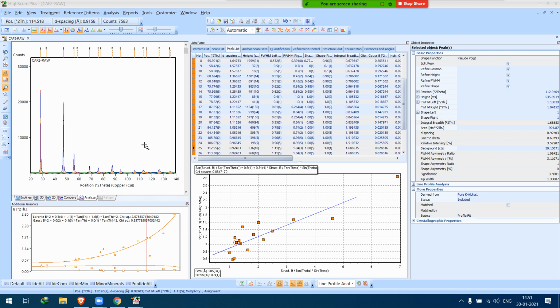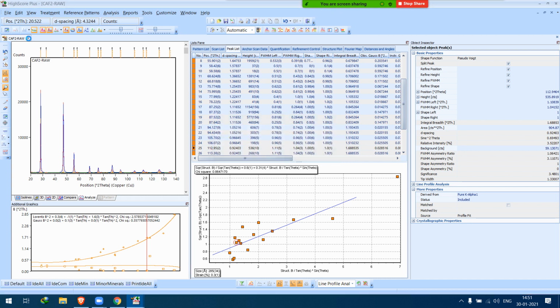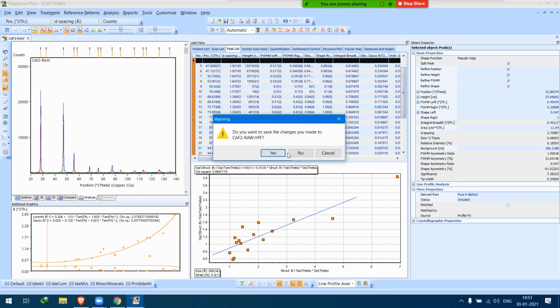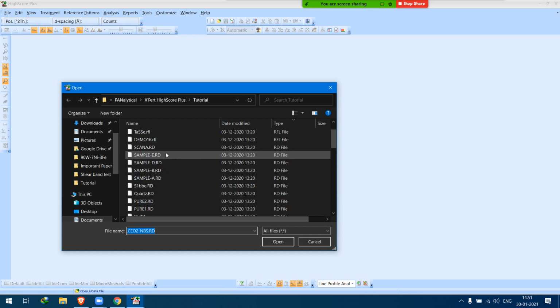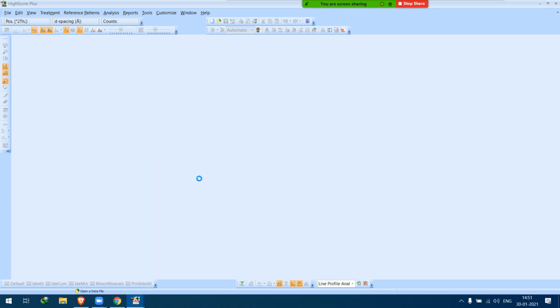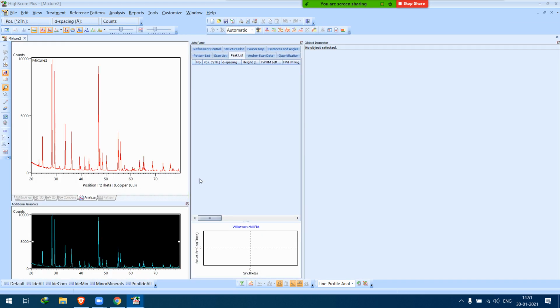This structure database information is from my actual license database. So I will tell you the workaround. I will just delete this. What you can do if you don't have a structured database, I'll just open it for the phase ID. Let's say mixture 2 is there. Now we were aware that CaF2 is there, and another Al2O3. Just let me check.